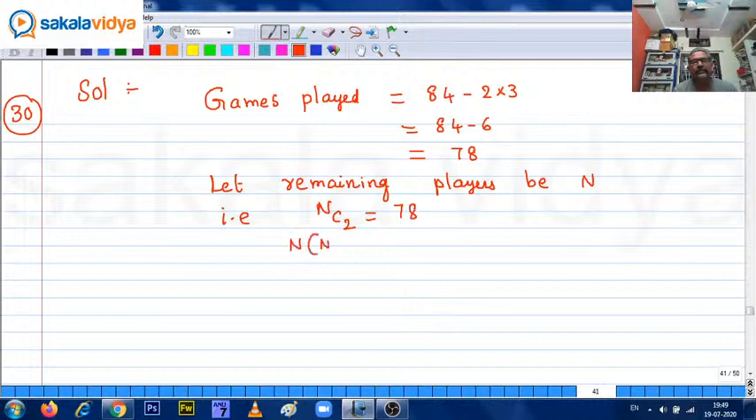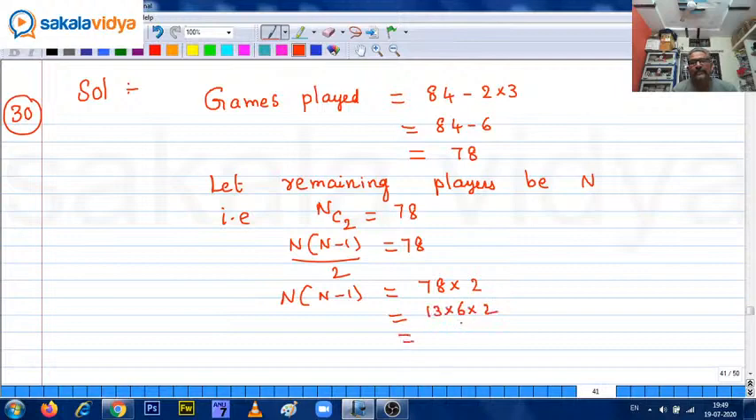NC2 means n times (n minus 1) upon 2 equal to 78. So n times (n minus 1) equals 78 times 2. This should be expressed as a product of two consecutive integers. We can write 78 times 2 as 156, which is very easily 13 times 12. Here now n equals 13, but we need to find out